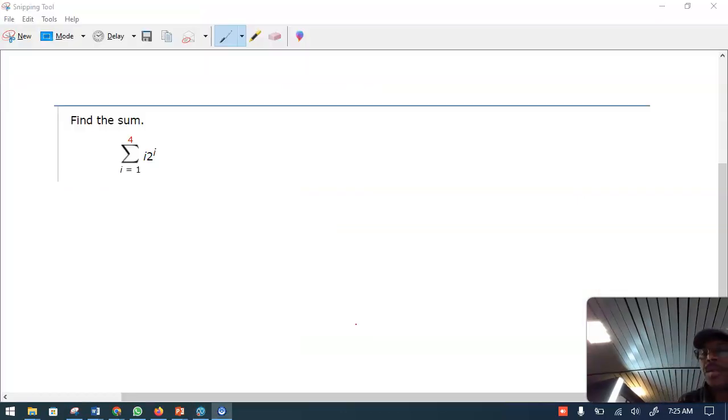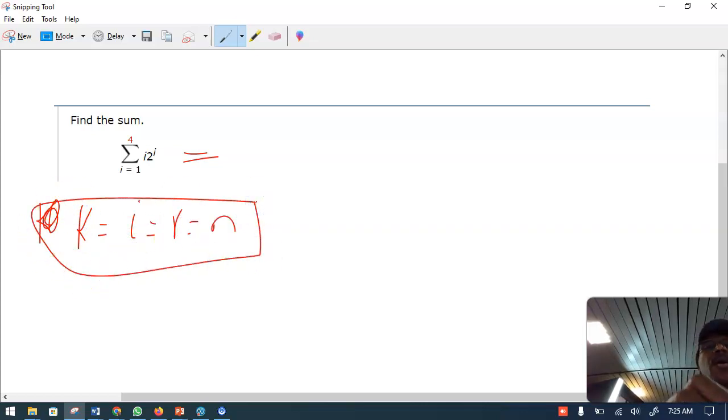So let's move to another. So this one is telling us to add k. Now instead of using k, they use i. Sometimes they use r. These are the regular ones, or n. So these are the 4 common variables you use. So this means, look at this, the n term is given as i times 2 to the power i. What it means is you put